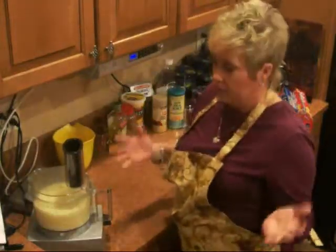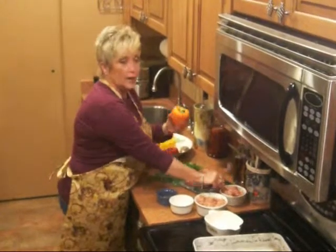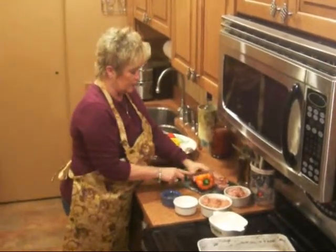The ingredients are as follows. You're going to take yellow, green, orange, and red bell peppers. I'm going to show you a little bit about how you cut it. You just take it and you're going to cut off the top